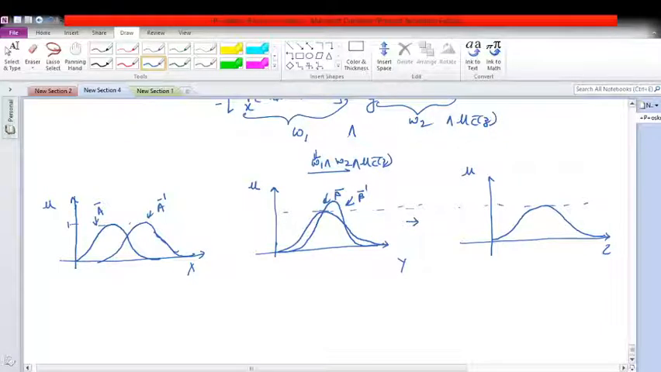Okay, so what is this corresponding change in its consequence? So what is to be done? You do the intersection between a and a dash, find out the maximum, do the intersection between b and b bar dash, find out the maximum. Okay, so this is my